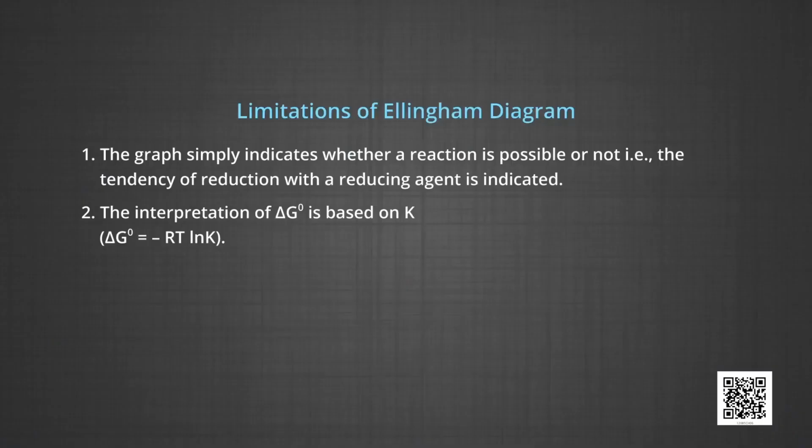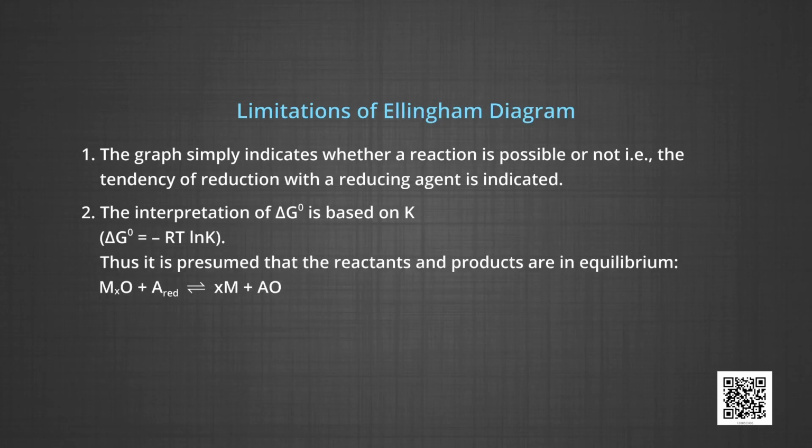The interpretation of delta G naught is based on the equilibrium constant K. Thus, it is presumed that the reactants and the products are in equilibrium. For example, metal oxide plus a reducing agent A are in equilibrium with metal plus oxide of A. This is not always true because the reactant or product may be solid. However, it explains how the reactions are sluggish when every species is in solid state and